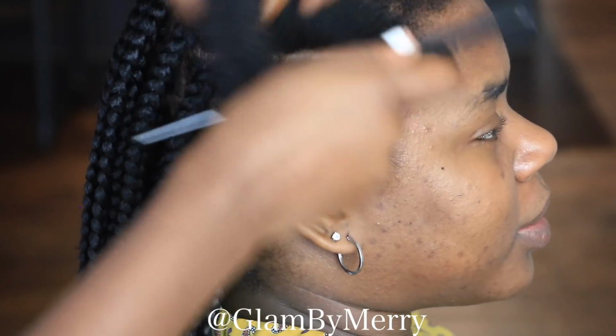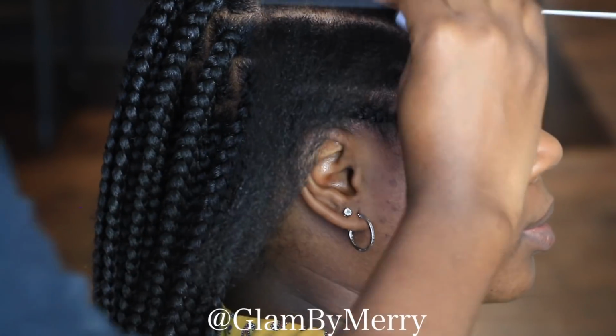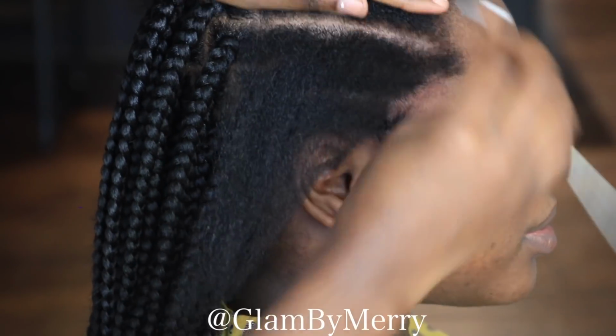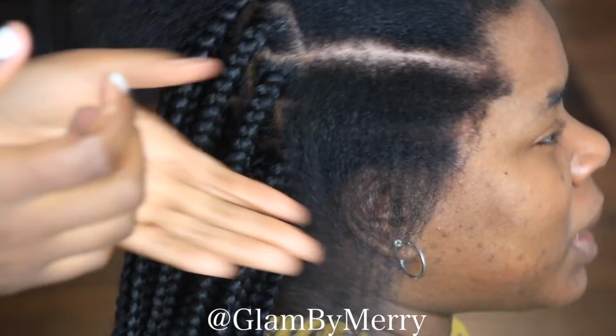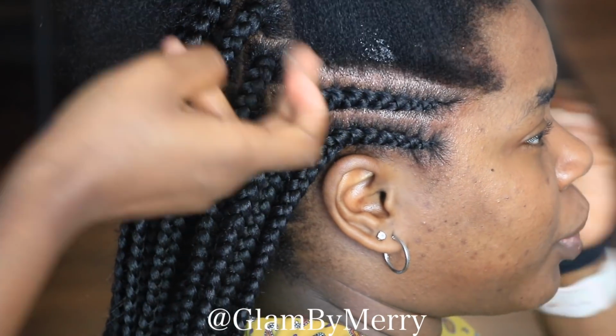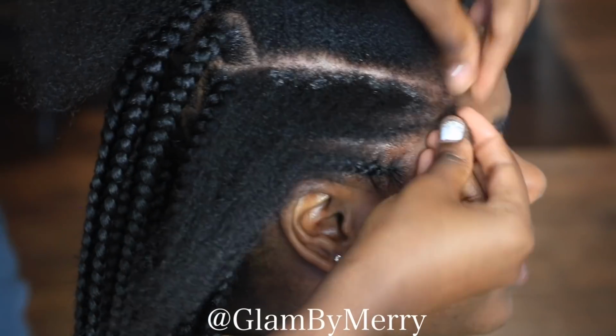I can't wait for you guys to see the cute little triangles we did at the top. So I'm working on my 3rd cornrow on the side. As you can see, the temple area is where I try to fit in those 3 cornrows, because it's based on her natural hairline shape. That's where I purposely made those 3 cornrows, because when we start curving the parting,